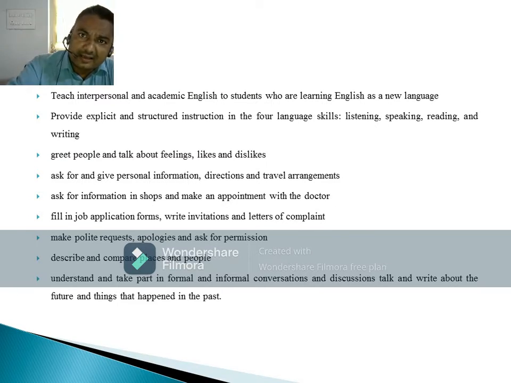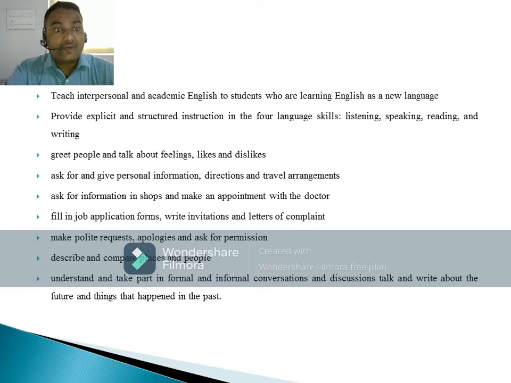If I require information, if I or you go abroad and require information from the people, you have to communicate in English, and ask for the personal information of a particular person or any other organization, agencies, consultancies, directions and travel arrangements. Ask for information in shops and make appointments with the doctors. So as required, we require information in the shops, shopping malls,